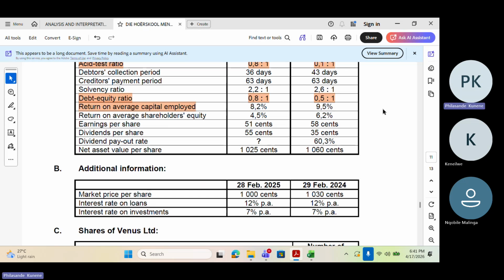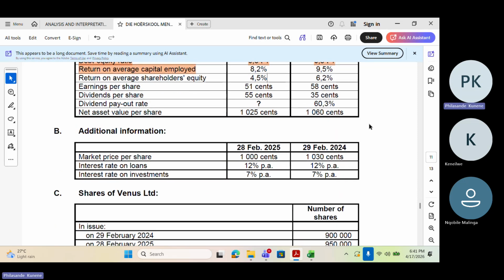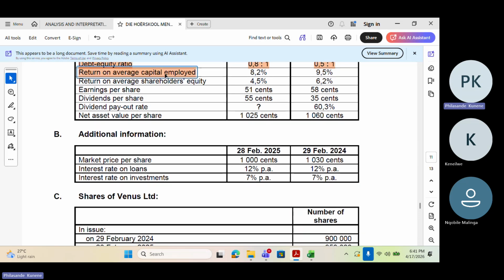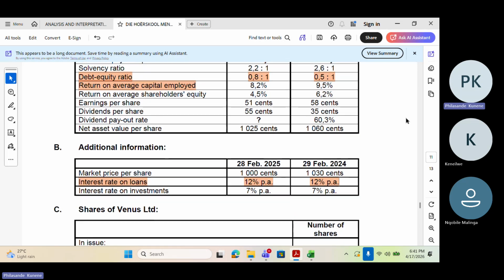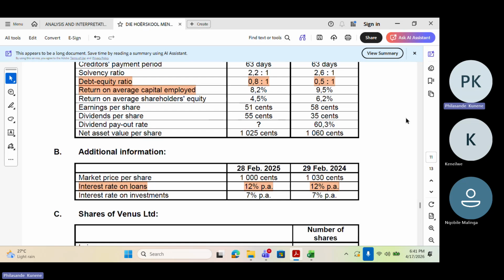The return is decreasing, the return is going down. Looking at this, and also what is more important, the return on total, on average capital employed, should always be compared with the interest on loan. If you look here, we do have an interest on loan. If you look at this return,